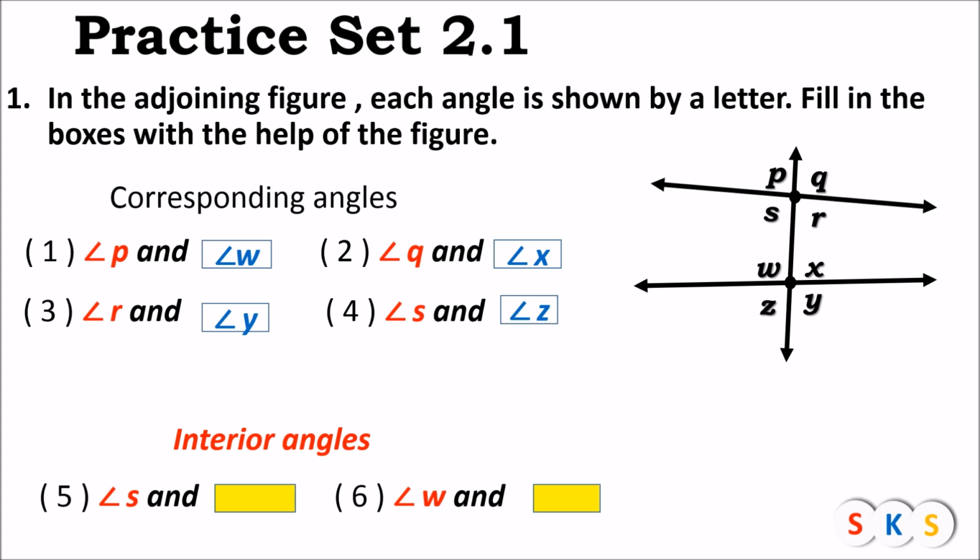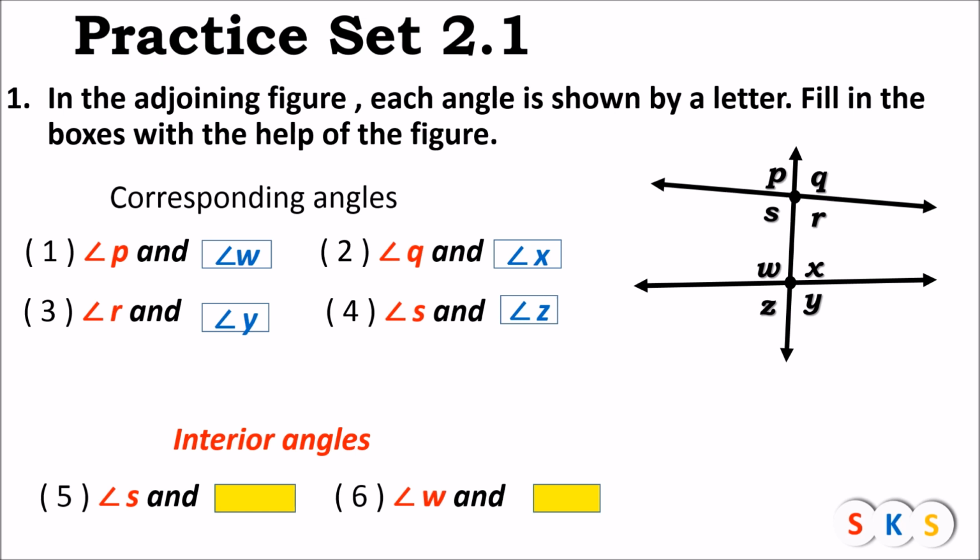Angle R and angle X is the next pair of interior angles. So what are interior angles? Interior angles are the angles which are inside the parallel lines, and they also lie on the same side of a transversal. S and W is one pair of interior angles,